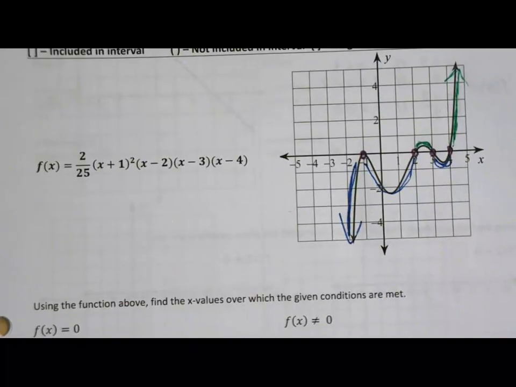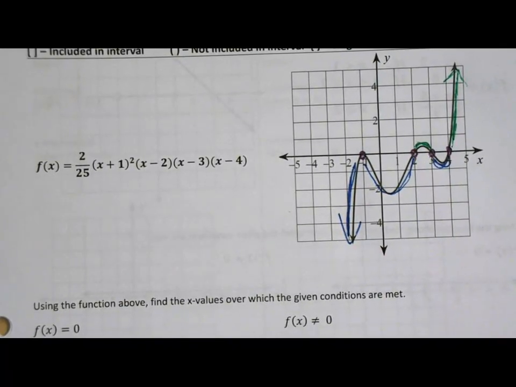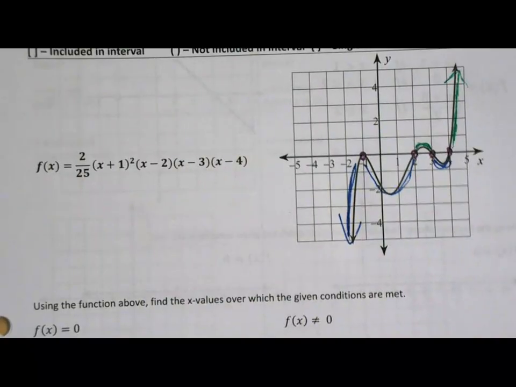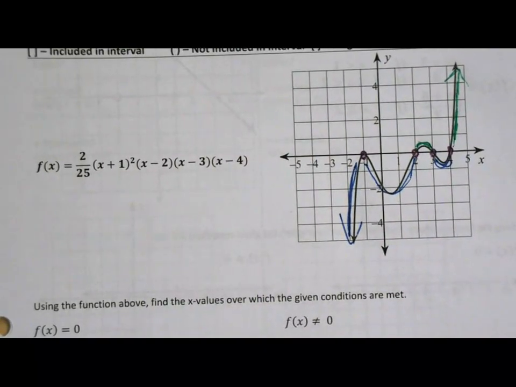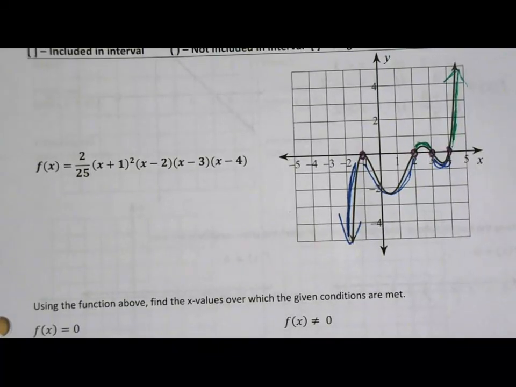So we're going to be analyzing these and giving our answers in interval notation. When I'm doing this, I like to make a graph on a number line. The reason we're doing this, by the way, is our next lesson we're going to be finding domains of functions algebraically, and our answers are going to look a lot like this. So I want to get us good and familiar with